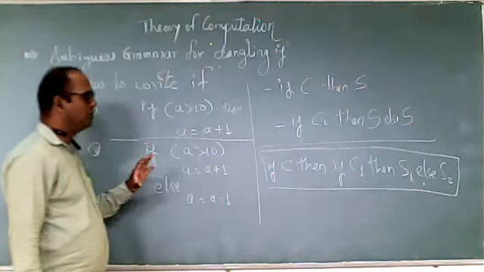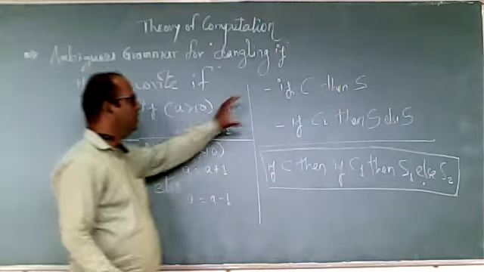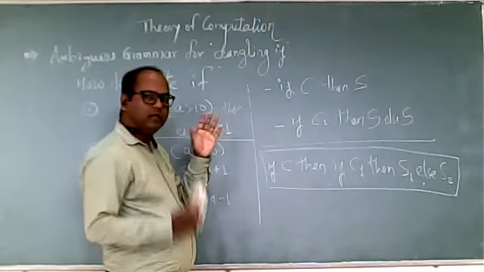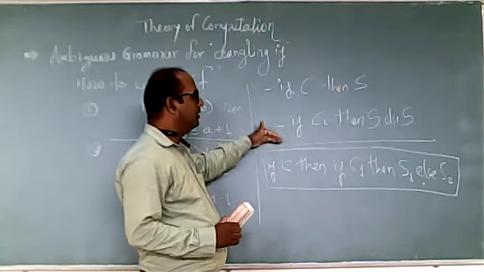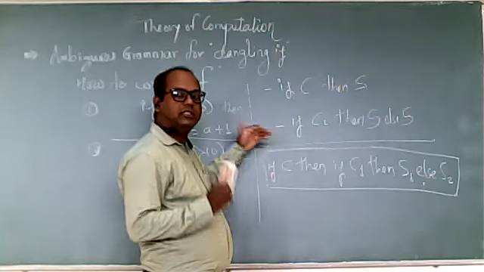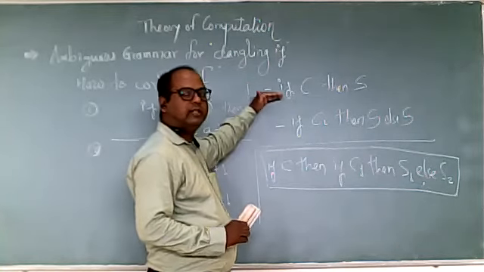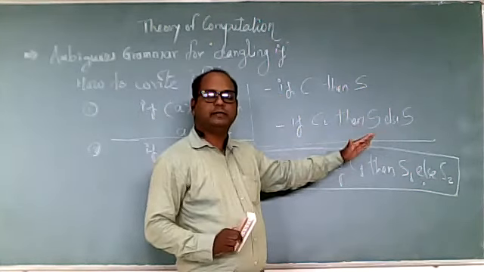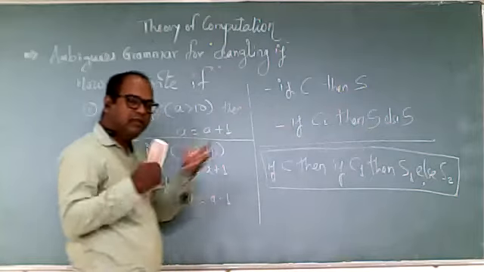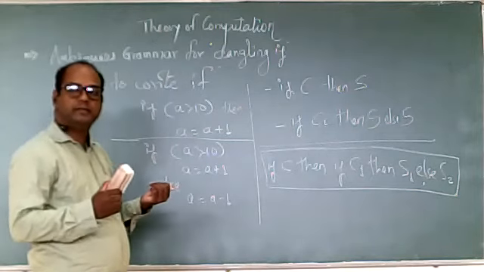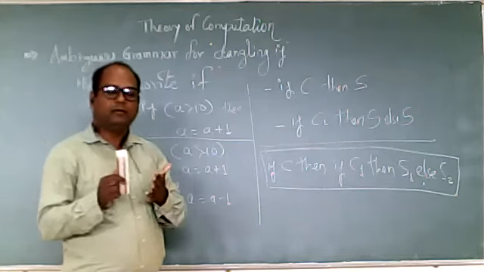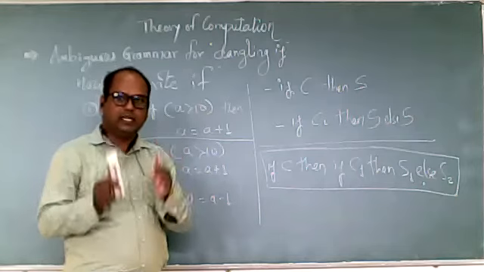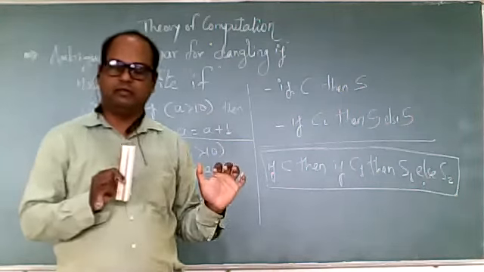Now how do we solve this problem? This problem can be solved in a simple way by using these two forms. We divide the if statement into these two formats, and we say that if this is the format, this should appear, and if this is the format, it comes with the else part. So those two conditions are related with each other. We will not separate the else part, so as not to get confused whether it belongs to this if or this if. We attach this else with a specific if.